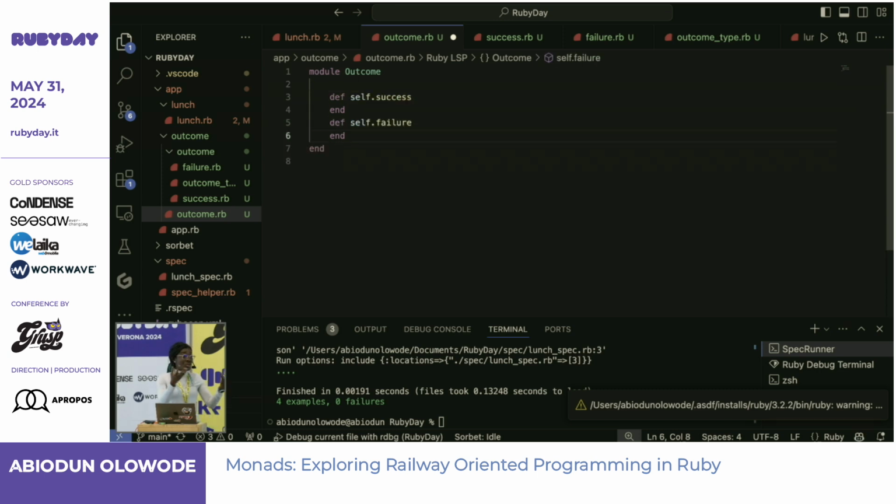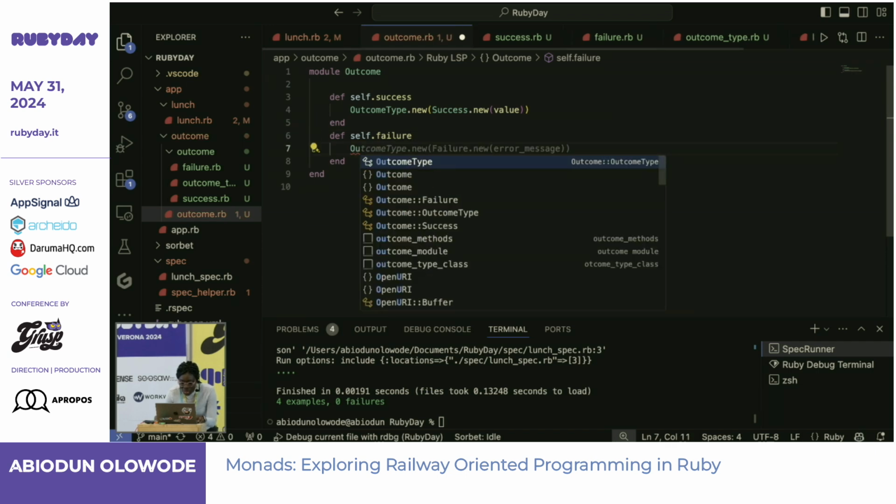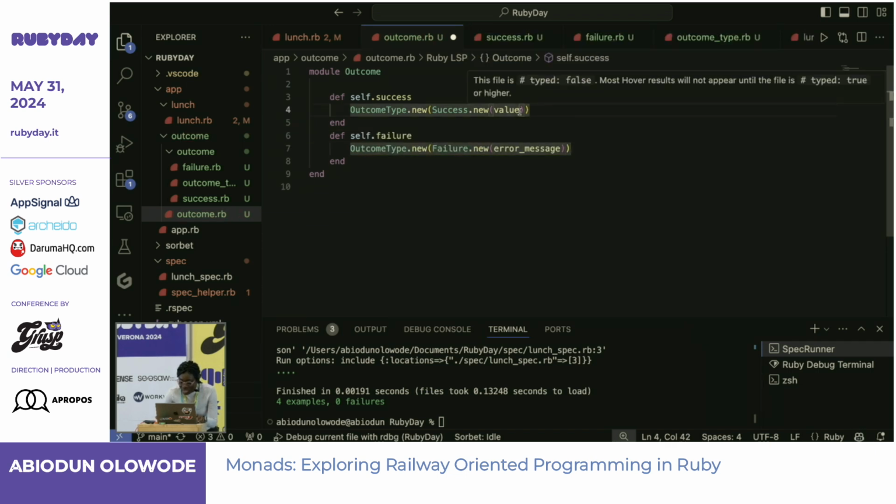Amazing. So now with outcome, we'll add a success method and a failure method. But what would this be? Remember, it would be "thank you, Copilot," something like this. And for failure, it will be something like this. Let's not forget the new Ruby syntax that